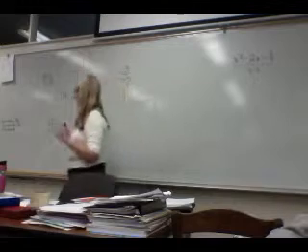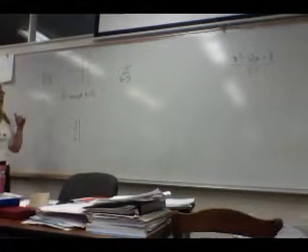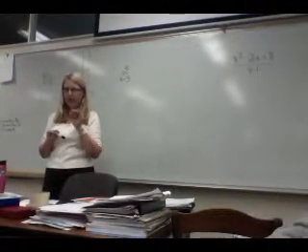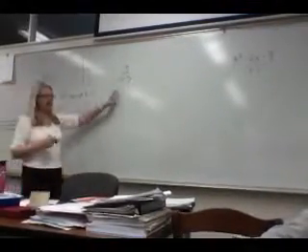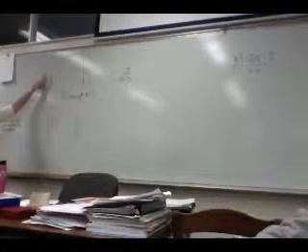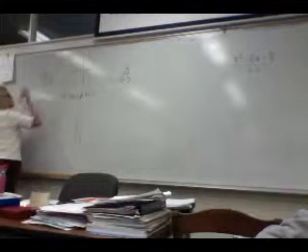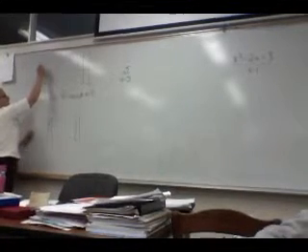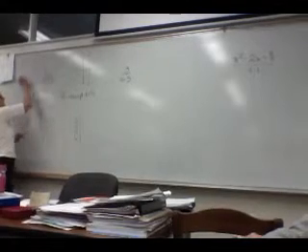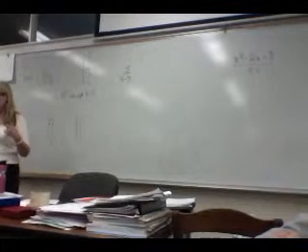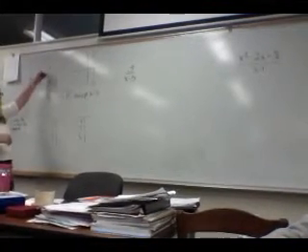Okay? But we're going to talk a little bit about the horizontal asymptotes. Horizontal asymptotes look at the exponents of your x's. So what's the unwritten exponent of this x? 1. And what's the unwritten exponent of this one? 1. We call the top one m and the bottom one n. And if m equals n, 1 equals 1, they matched. If the exponents are the same on the numerator and the denominator,